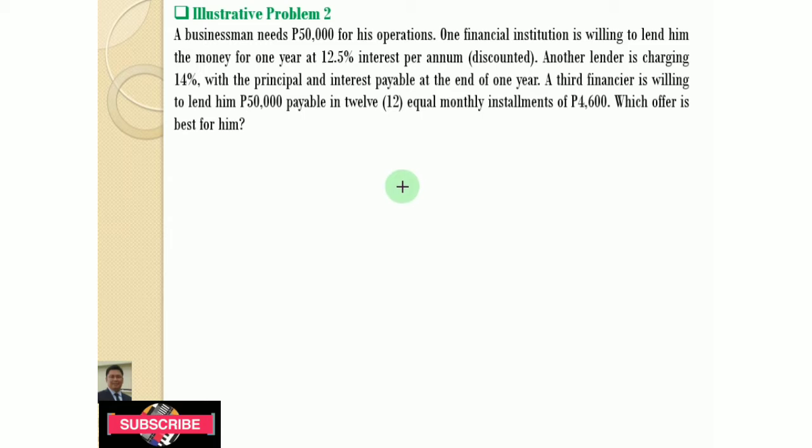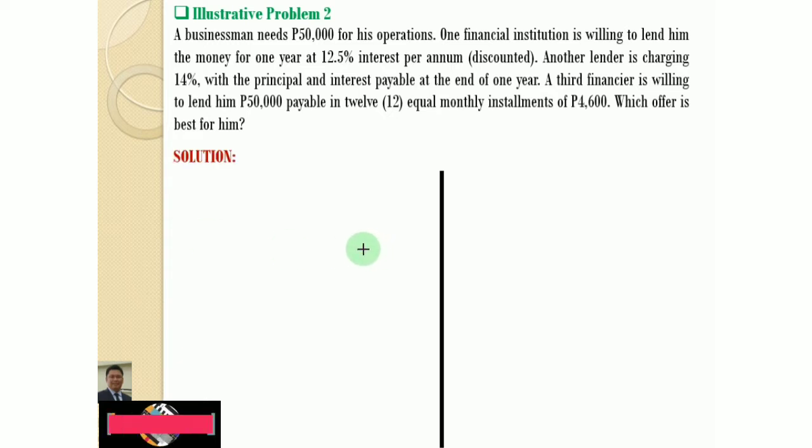So actually in this problem we are going to calculate the effective rate of interest, or the ERI, and then the ERI having the lesser value is the best offer for this problem. So actually we need to calculate the ERI for the first, the second, and the third financer in this problem. So for the first one,